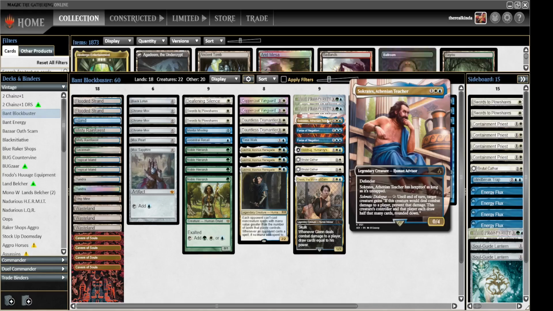So how this card works is it's got hexproof as long as it's untapped, and it has tap: until end of turn, target creature gains, if this creature would deal combat damage to a player, prevent that damage, and then this creature's controller and that player each draw half as many cards rounded down. So let's say we're getting attacked by a 6/6 frog. We tap this. The frog deals no damage to us, and then both us and our opponent draw 3 cards,